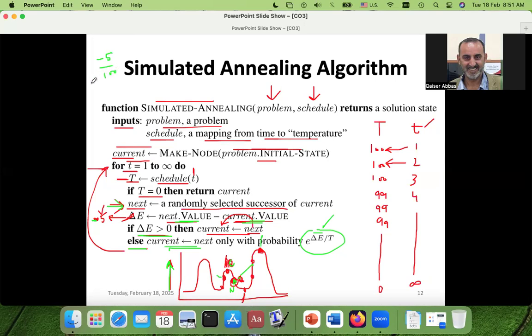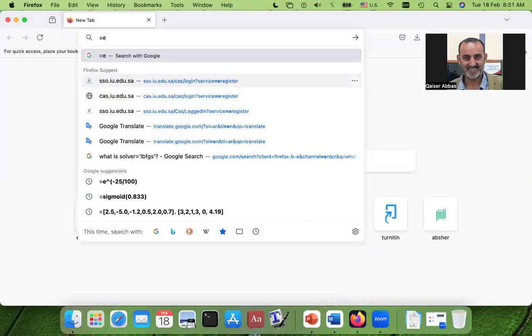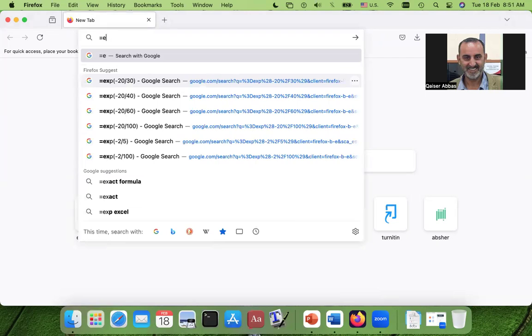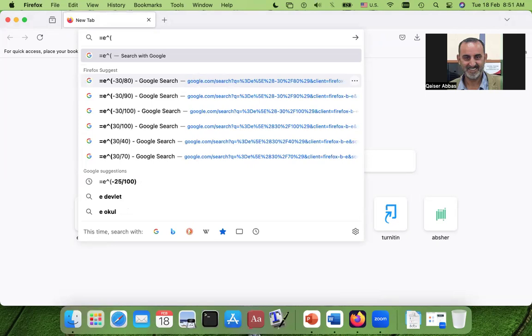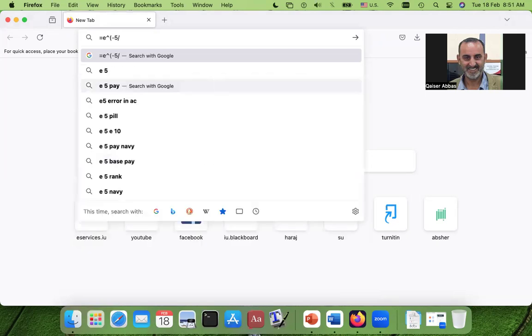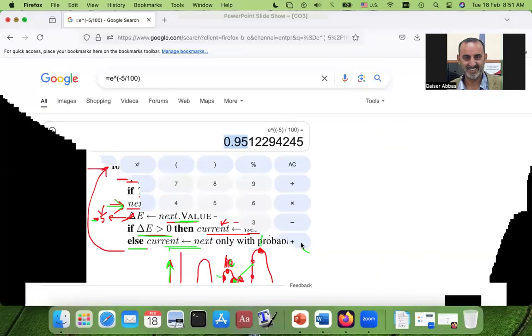And it has the E. I don't have a calculator, so I will use it here. You can use exponent or you can use E here, whatever you want, it is up to you. E raised power minus 5 divided by 100. And if you do something like that, you will have the value minus 95. So this algorithm is saying that if you will get